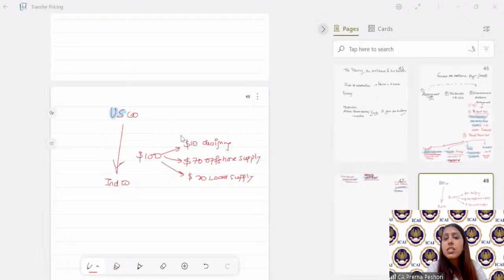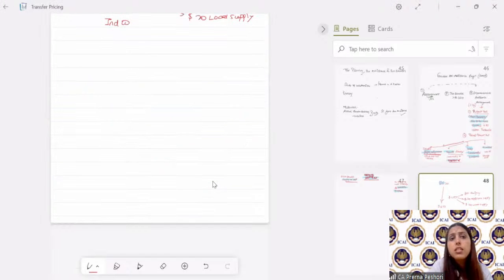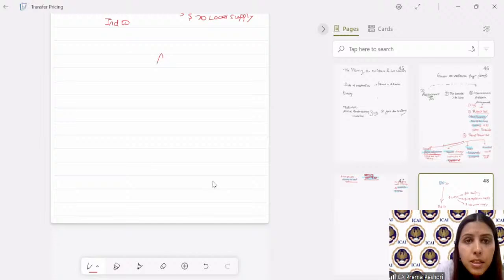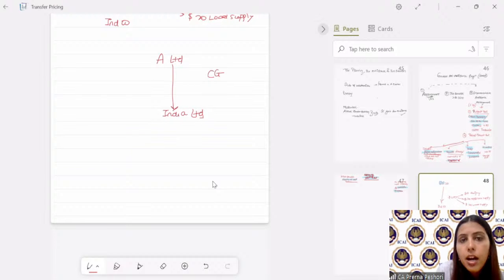The second tainted test is an arrangement which results in misuse or abuse of the provisions of the law, which means that the law is followed in letter but not with the intent, which is what tax avoidance is, isn't it? Let's take another example for this. Say, for example, there is a company A Limited. Now, if it would have directly invested in India, and if it would have sold this Indian company's asset, there would have been capital gain under the treaty between, say, India and US. So what it does is, it breaks itself into two companies, which are X and Y,